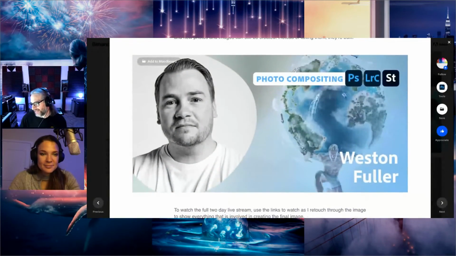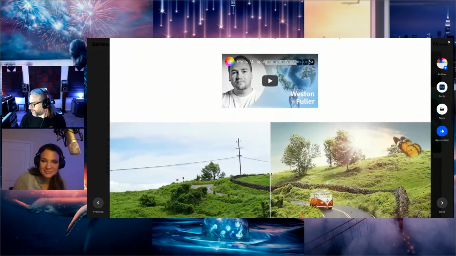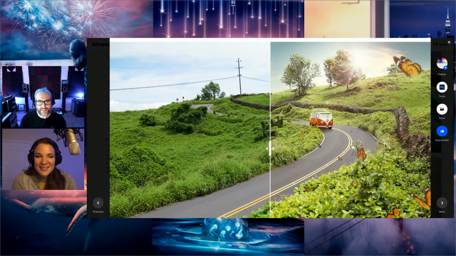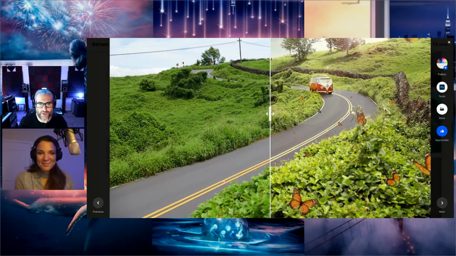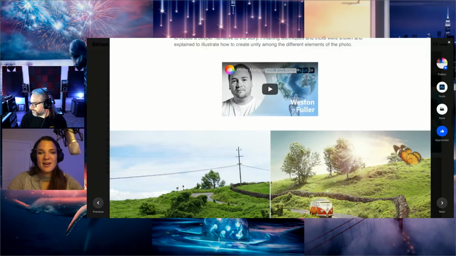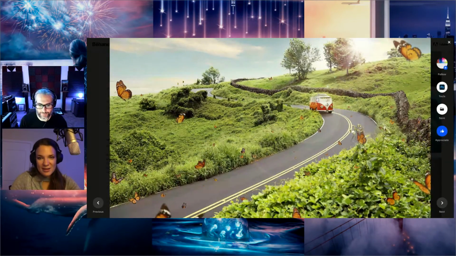Oh, look, there. It's got a photo compositing tutorial right there. Ooh, I should take his class. Yeah. From Adobe Live. Wow. Oh, there's a little side by side before and after grading and processing. This is great. This is so apropos of what we were just doing too. You can just see such a different vibe after the final processed image and look applied. So cool. I really love his work. It's very commercial compositing, which I think is so cool. It's something that I have always admired. I love it.